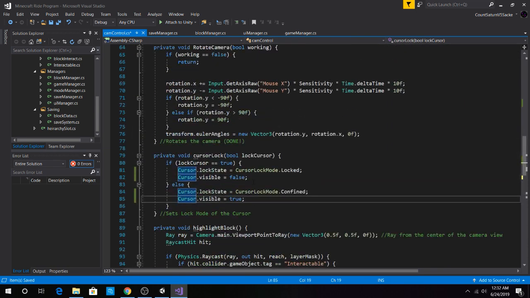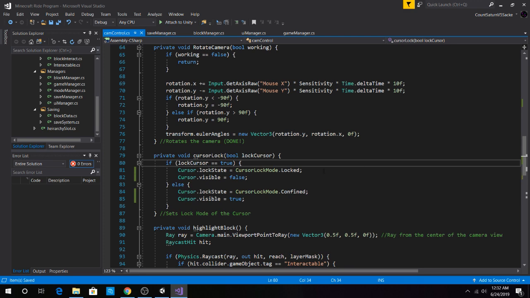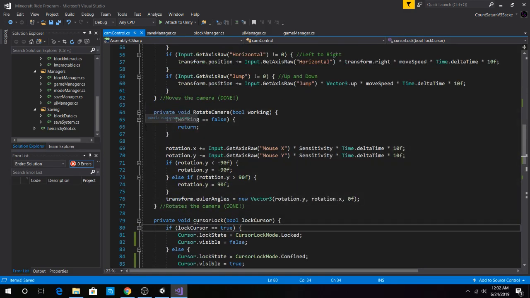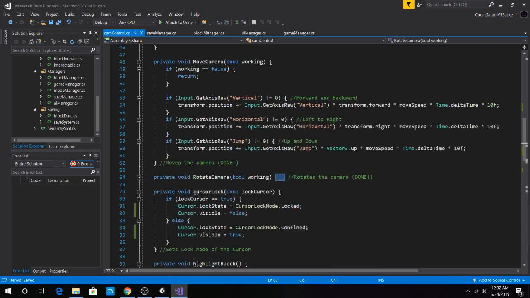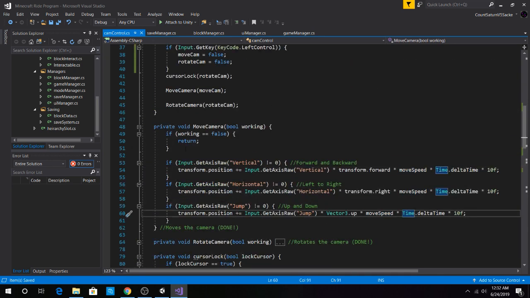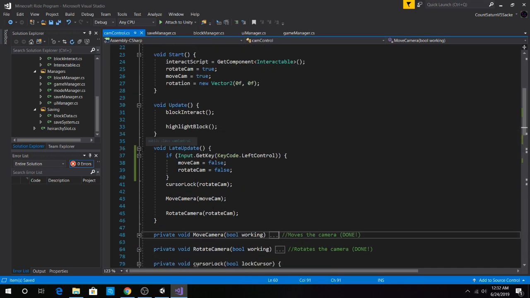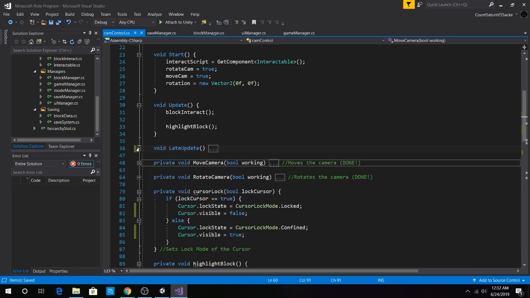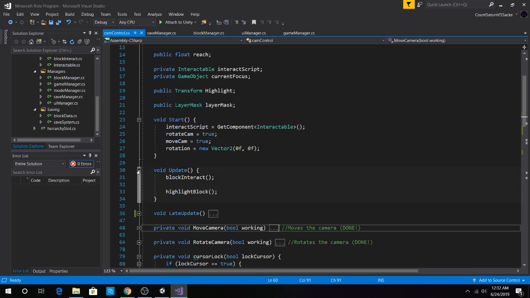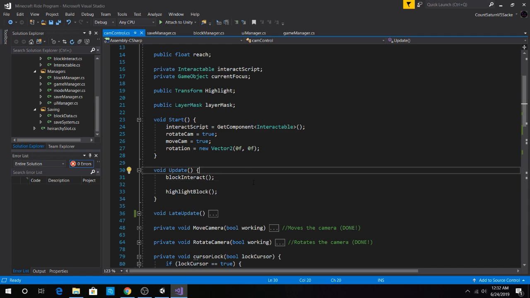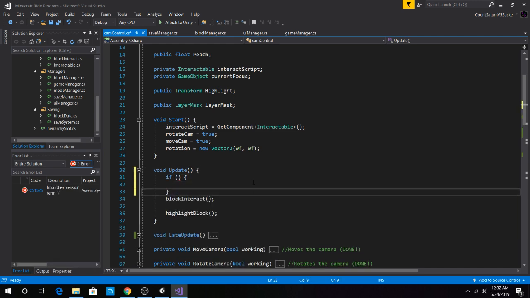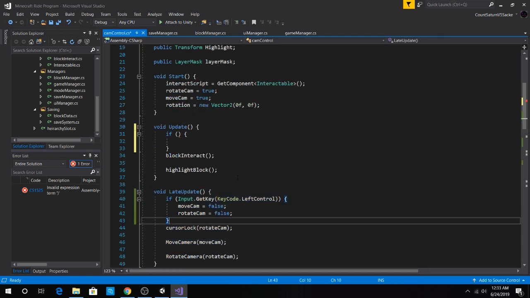Okay, sorry, I'm just making sure I understand everything. So this one, just put it to that. Go. Oh yeah, we probably don't want to be able to interact with stuff. We probably don't want to be able to interact with